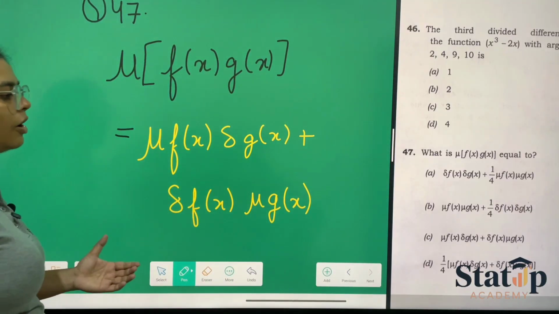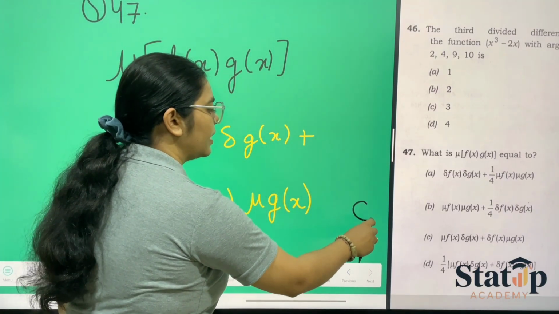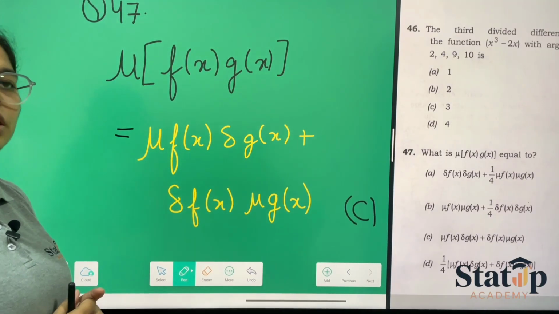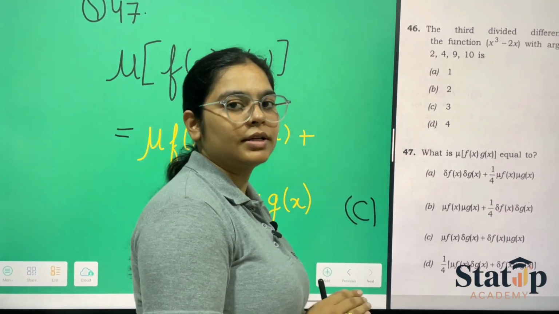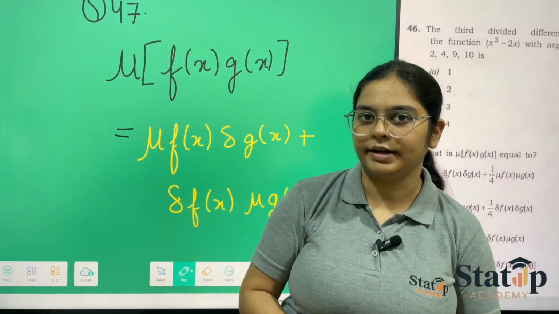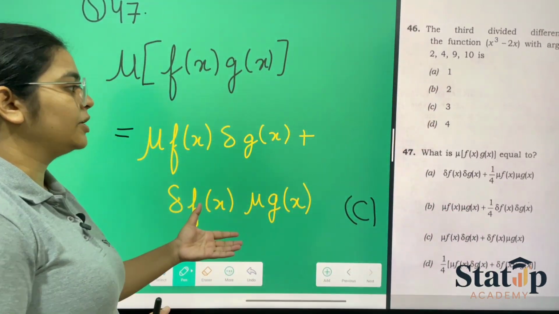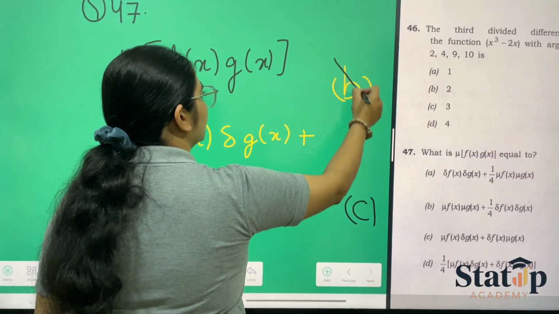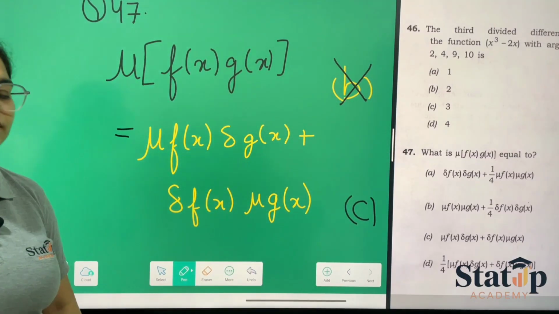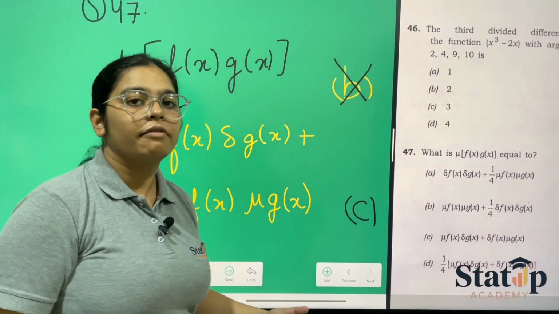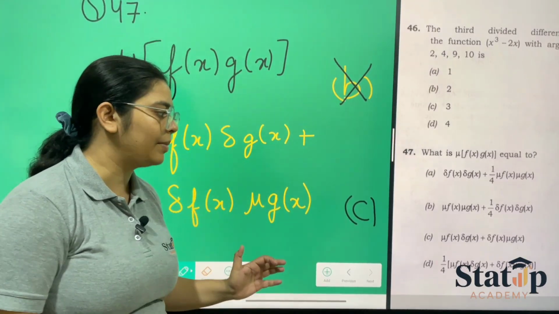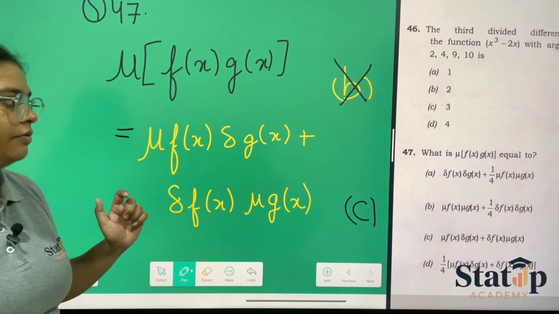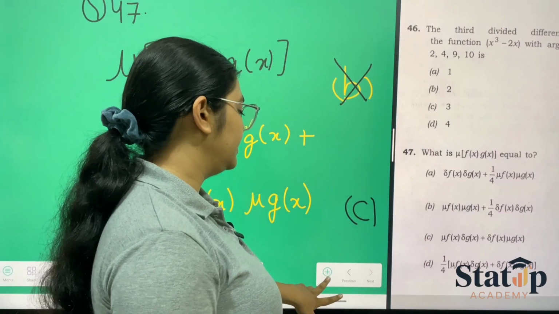This is the formula, and it has option number C as your answer. But in the provisional answer key that has been provided by the UPSC, for this question they have given the answer as option number B, which is wrong. The answer is option number C. So there might be a discrepancy. Whenever they release their final answer key, they might change this answer. So the correct answer is option number C, which is question 47 of series A.